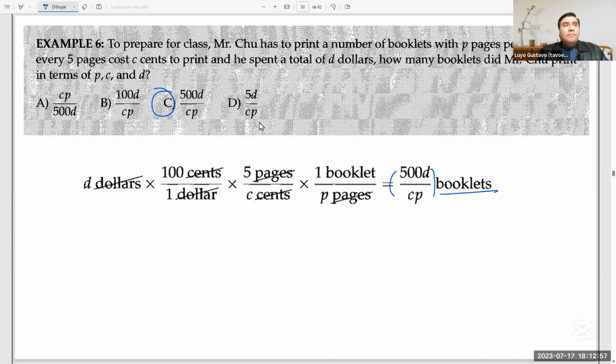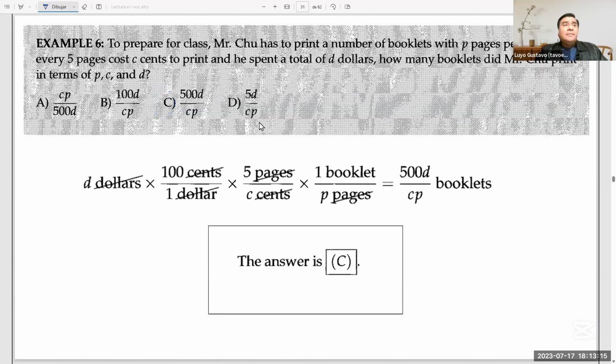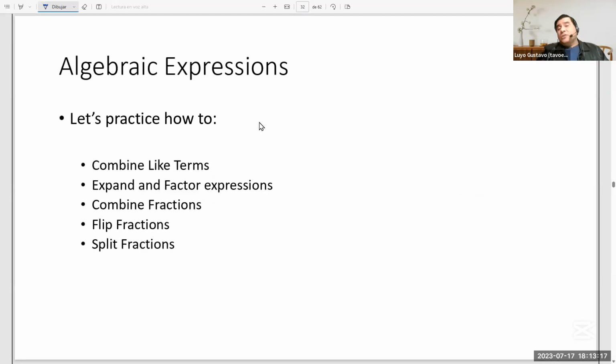Well, so it's the same approach as in the previous questions, only that instead of using pure numbers, this time we are using some constant values expressed just as letters, right? But it's the same concept. Now let's see another question, or sorry, another topic. Now, talking about algebraic expressions, we'll practice in the following minutes how to resolve questions where you are asked to